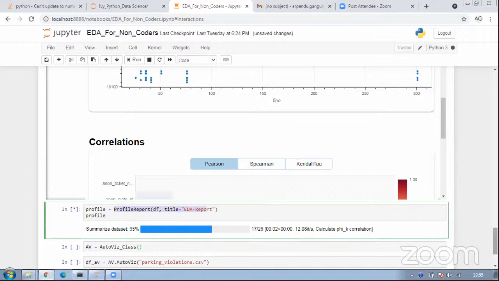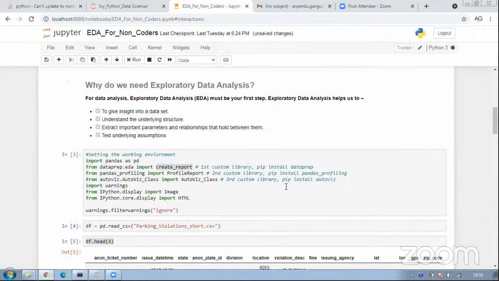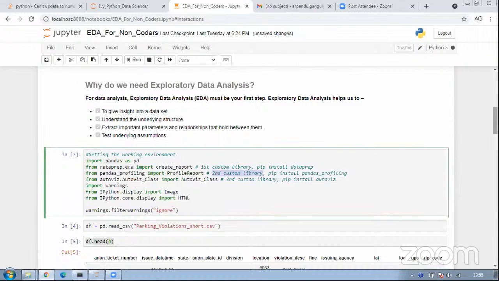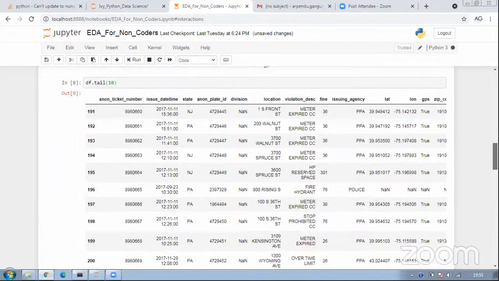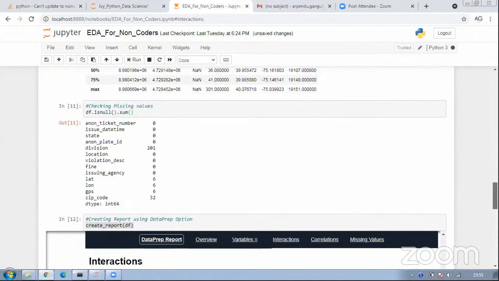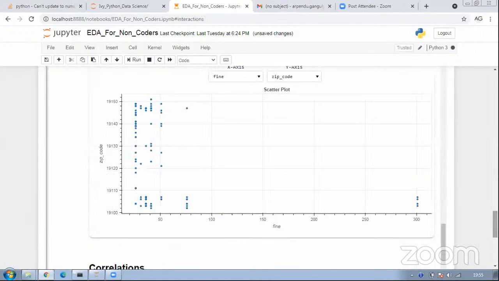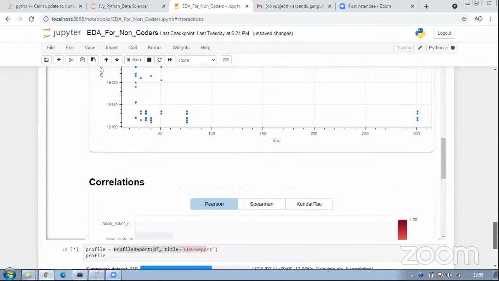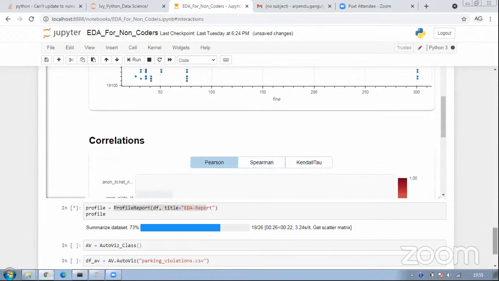So profile report comes from the second custom library I mentioned, which is profile report itself. This is another very useful one which you can also use. This is basically the second option for generating interactive visuals instead of writing a lot of code.